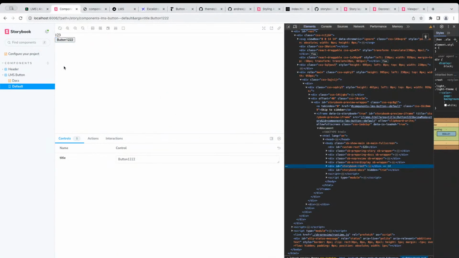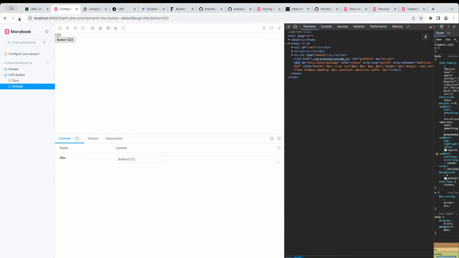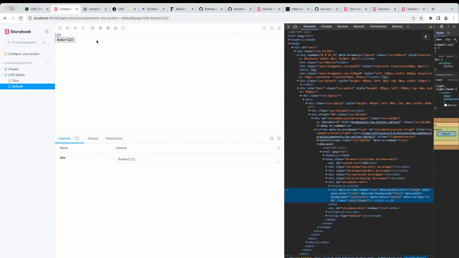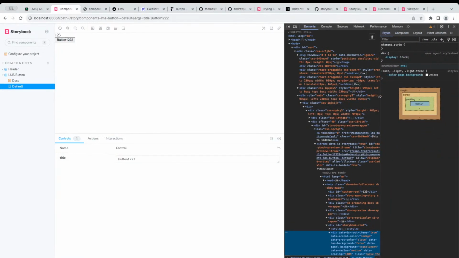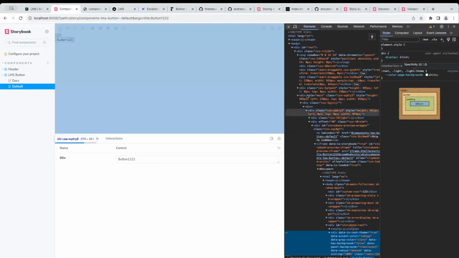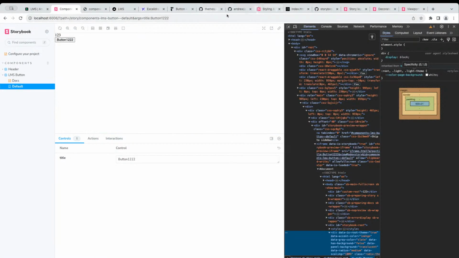Back to Chrome. Okay, so it's still not loading our style sheet. We're getting all the Radix themes, we're just not getting, you can see here, we've got no styling coming into play here. Whereas if we go back to our actual rendering of our LMS app,